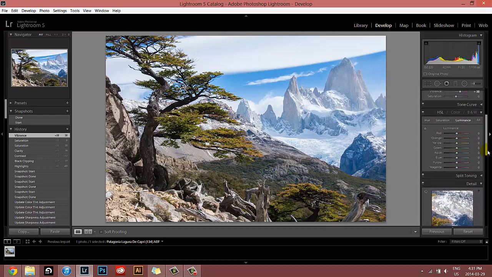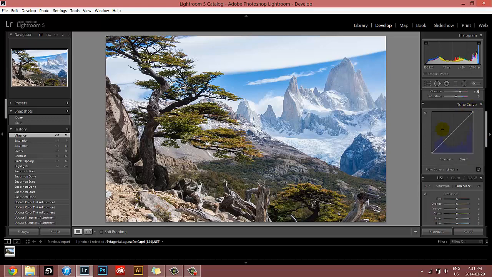Now for the tone curve, I did want to add some blue into the shadows, so let's go back to the start. So this is what you normally have, and I took the point curve, and I clicked it, and I went to our channel, and I went to the blue channel. And what I'm going to do is clip it just a little bit to the right. Nothing too dramatic. And what that does is it takes away a bit of blue from our shadows. It pretty much clips it right out. Let's go down here,